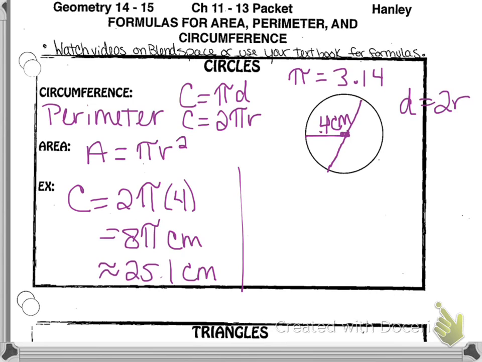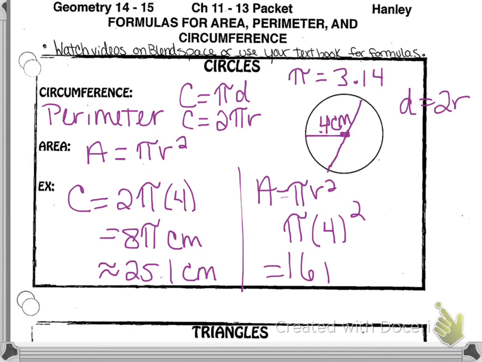To find area, we have area equals pi r squared. So we just have pi times 4 squared, since 4 is our radius, which gives me 16 pi, or about 50.3. And this is going to be centimeters